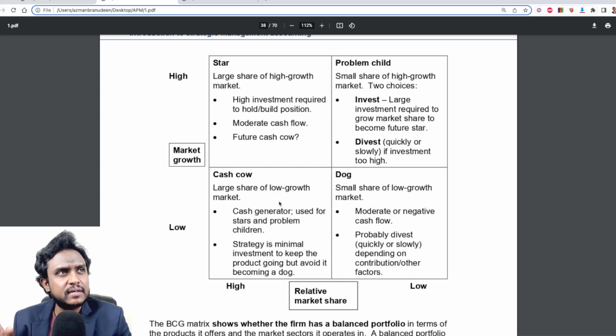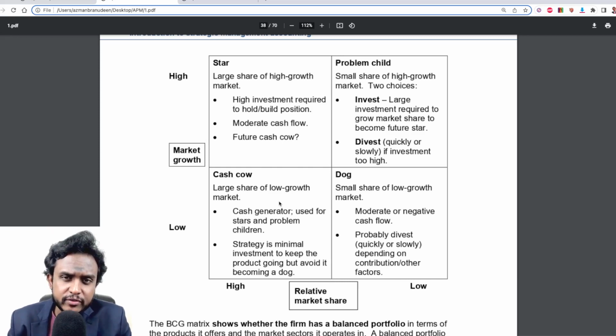If you take a star, a large share of a high growth market, what you're basically thinking is, okay, this is the perfect ideal product that I have, right? A star. So you wouldn't have any fears of reinvesting and adding more investment power, backing the product up by marketing, branding, strengthening the system around that product. You would also try to keep the cash flows moderate. You would try to keep funneling it as much as you can,